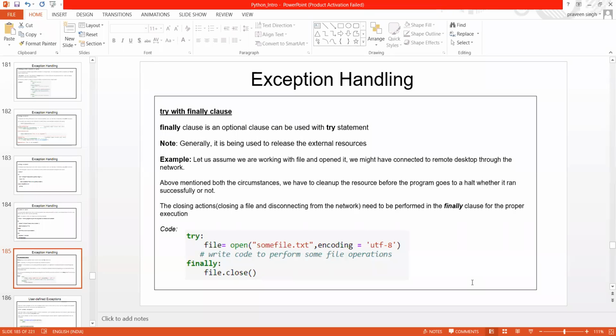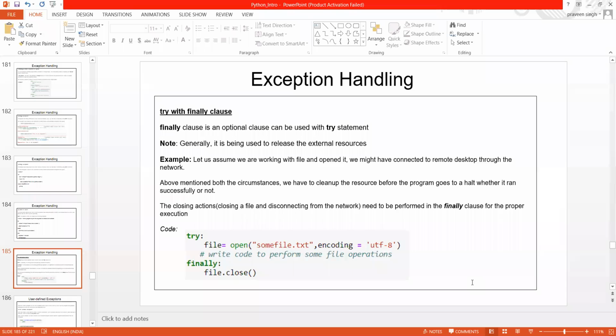Are you getting my point? Yes. So that means your file operation is busy doing IO operations. IO means input and output operations. Okay, basically. Now, second thing, external resources. You can refer to it as when I try to log in to the